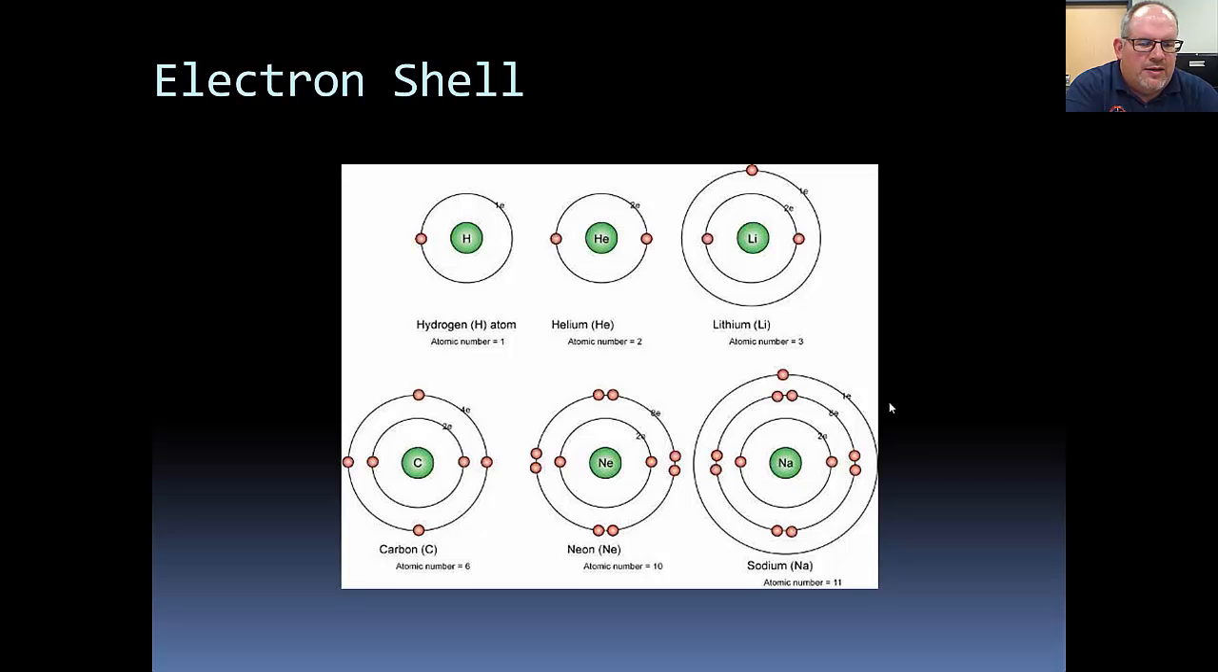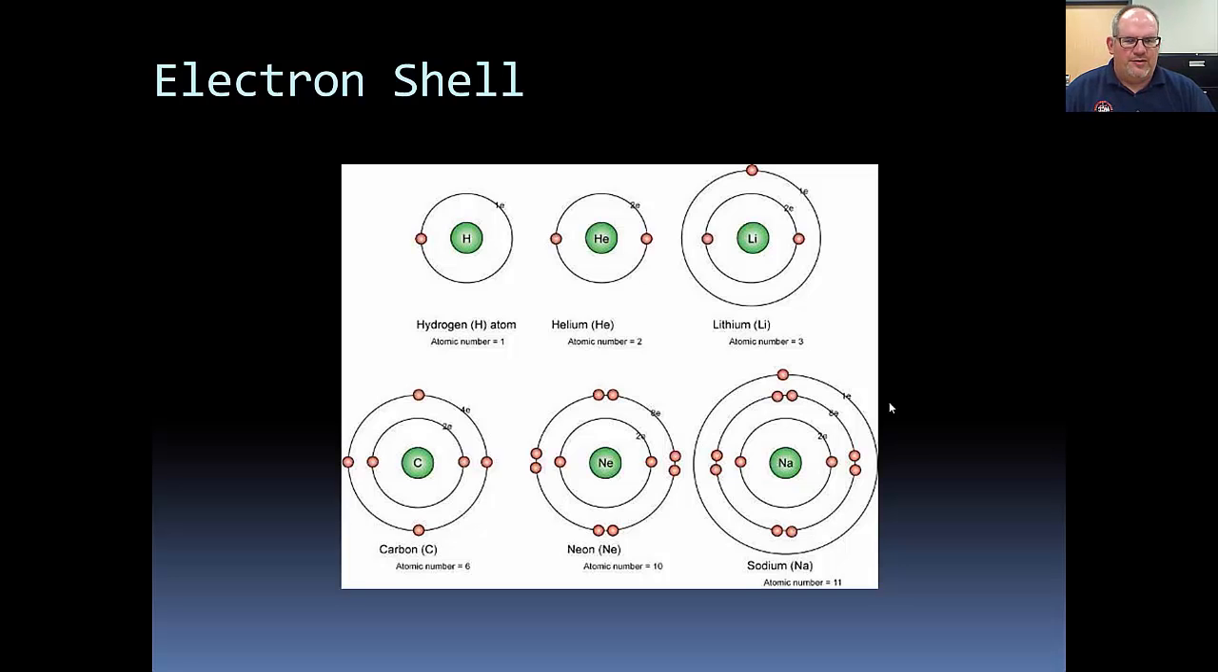Neon has an atomic number of 10. It has all of its electron shells filled, and so neon's another stable gas. It does not react very easily. Sodium, on the other hand, reacts quite violently because it only has one electron in that outer shell, and it has 3 shells of electrons, so it's always trying to level out that outer shell. It's trying to either lose that electron and go down to just 2 shells instead of 3, or